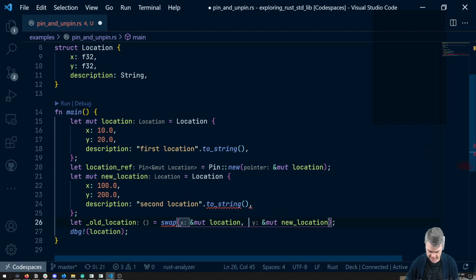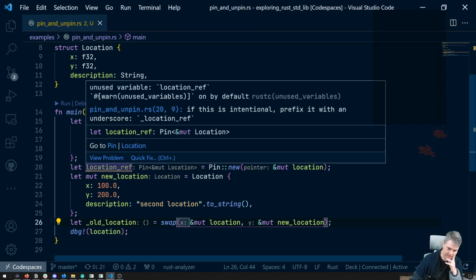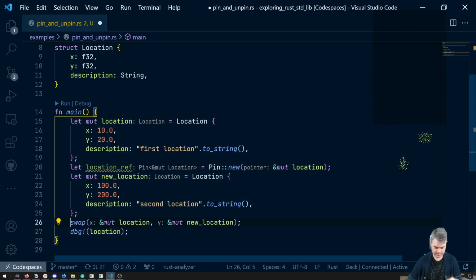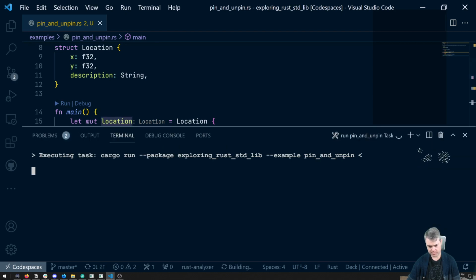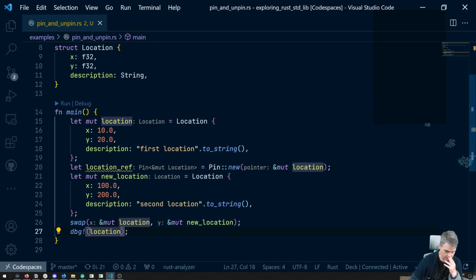Thank you, Rust Analyzer, for that. Now that works still. It's just yelling at me that I pinned it, but it's not really helpful here. I don't need to do that. So if we debug location, it should still be the new location. Okay, it is. Pinning, therefore,